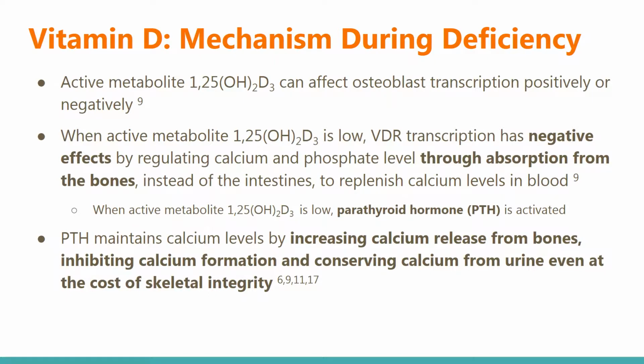Next, I'm going to be going over the process of when the active metabolite vitamin D3 is deficient or low in the body. So I'm going to give you kind of an overview first. And so as Aylin touched on, the active metabolite vitamin D3 can affect osteoblast transcription positively or negatively, meaning it regulates both bone formation and bone resorption. So as Aylin had talked about, the positive transcription is when it regulates the production of collagen, alkaline phosphatase, and osteocalcin, which mediates the absorption of calcium through the intestines, and this all occurs when there are sufficient levels of